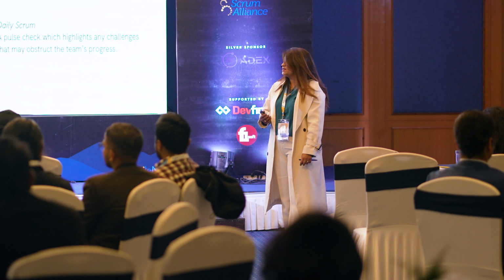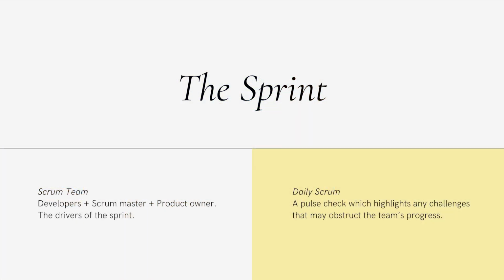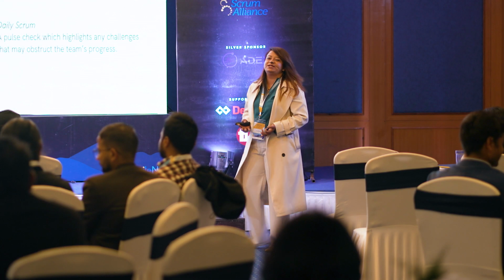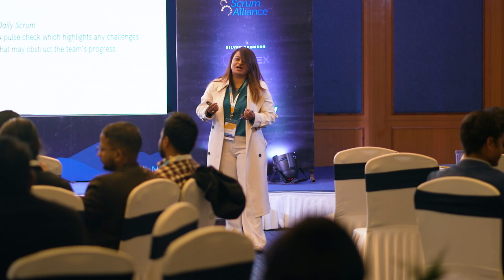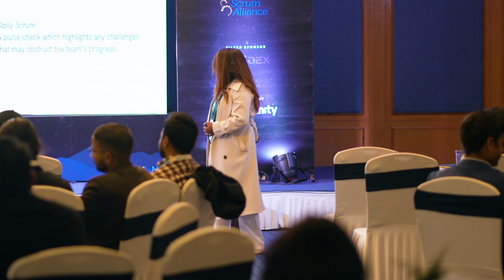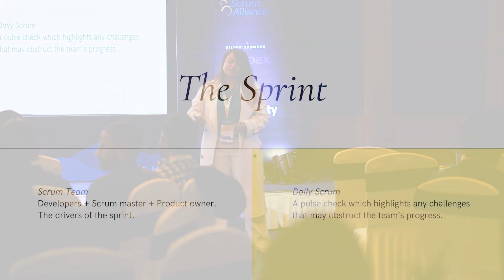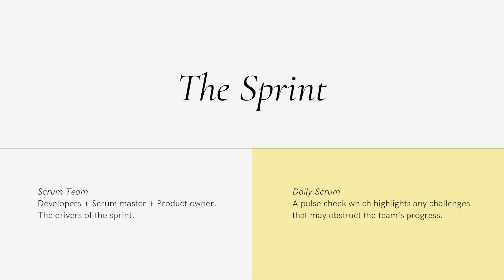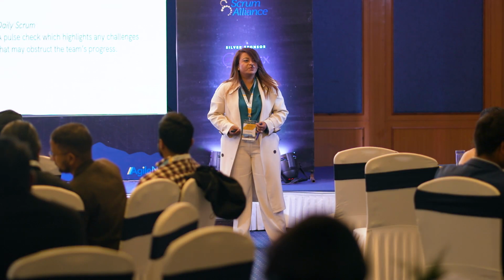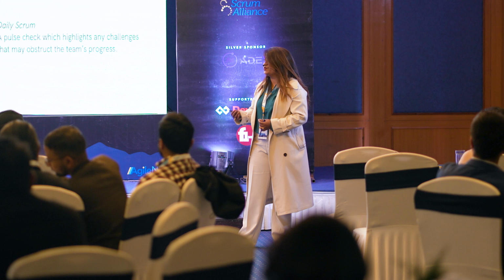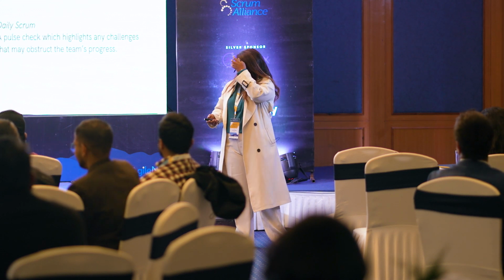So the sprint plan is done. Now comes the actual core work. Here, the Scrum team, which is the combination of the three roles, comes together and does the actual hardcore developing. Inside the sprint, there is also another event, the daily Scrum, where the team comes together, talks about the progress, and talks about what improvements could be made.